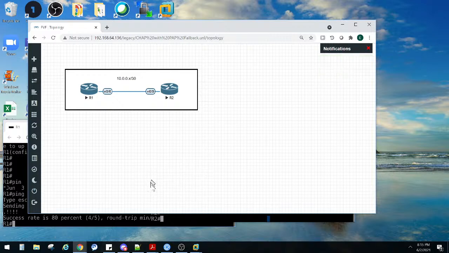I don't know, man. I'm gonna try to stick with EVE just for now. But so we were able to ping from that side to that side. Task 2 was to configure CHAP, or Challenge Handshake Authentication Protocol, with PAP, which stands for Password Authentication Protocol. I can't even remember. Let's look it up. I'm not gonna pretend like I know. I think it's Password Authentication Protocol. CHAP with PAP. Let's see. CHAP is Challenge Handshake, and then PAP is